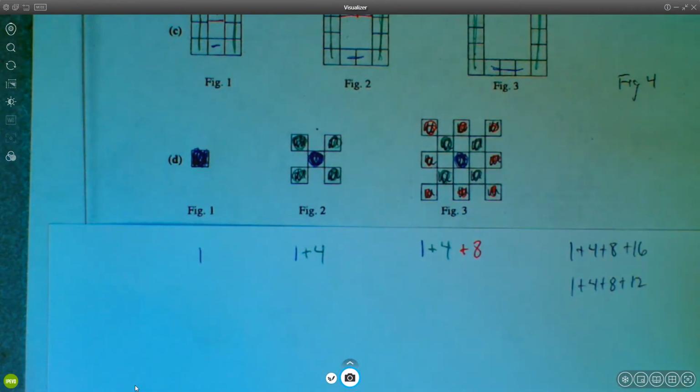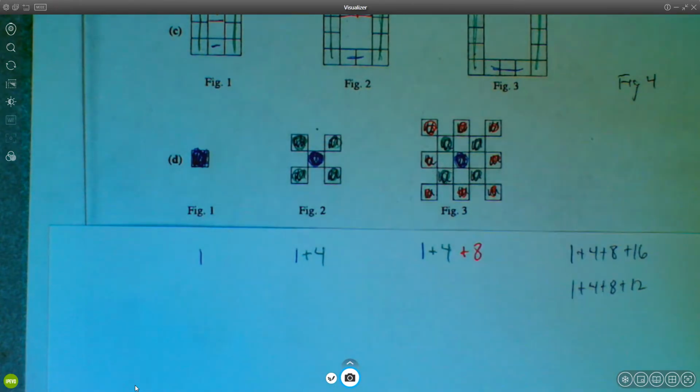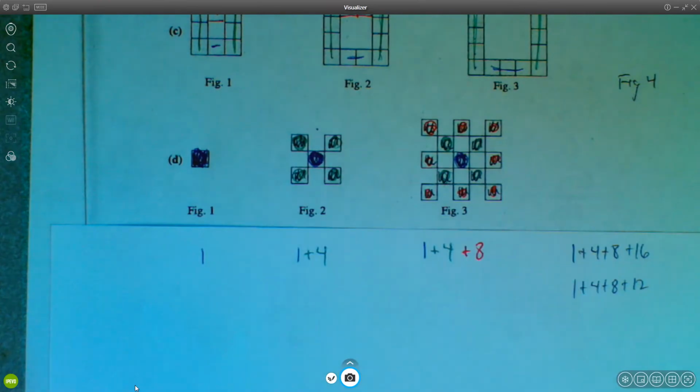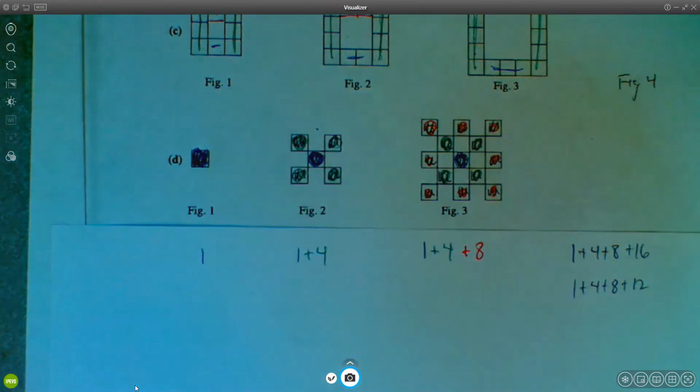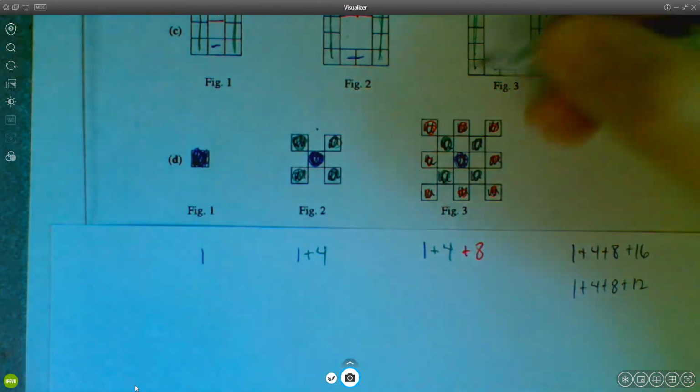So that's not very useful. We might be able to fix it up, and I might come back to this idea. Maybe before we move on, though, we should figure out what the next number should be,